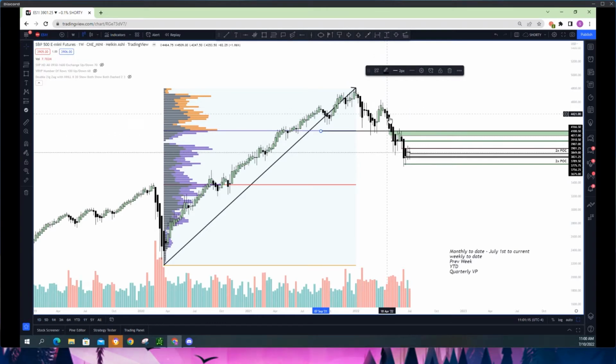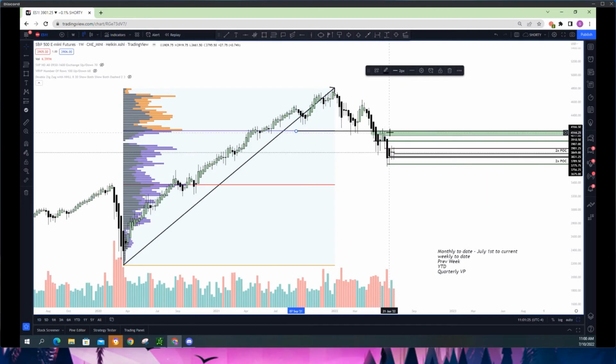I mean, they pushed it all the way from 41 to 4,600, which is a pretty decent push. But then we dipped below this level, which becomes almost like an easy short on a retest. And look what happened. We dipped below it, tested it, and went right back down. Yep, they pushed it right back down. So the first level, if you're shorting here, should have been somewhere around here that you get out, which was about 39.64. And now this shelf right here from the bottom becomes your resistance, which is 38.86,